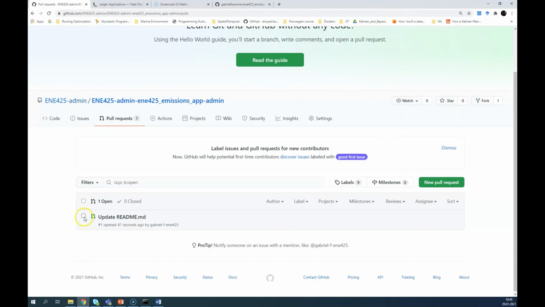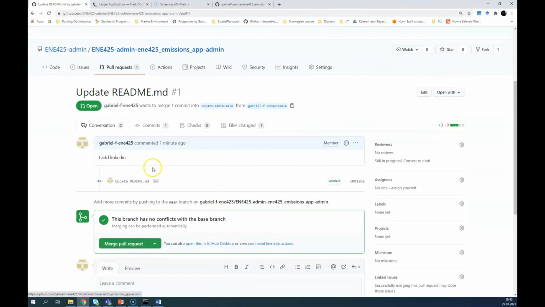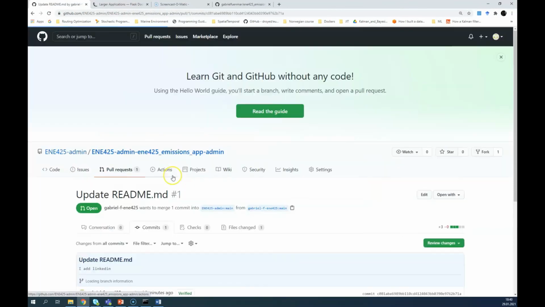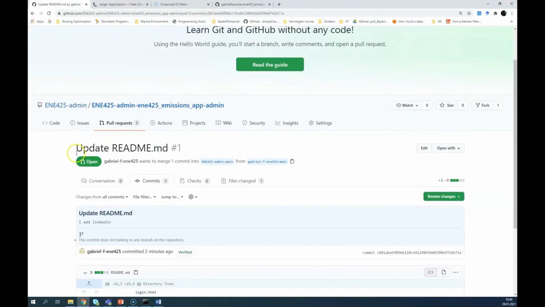Let's say I am the administrator on this website, so okay, I see I'm checking out what the other guy did on the fork. Okay, he said something called I add LinkedIn. All right, you're updating my README file. How is it going to look? I like it. All right. Okay, I reviewed the changes already,